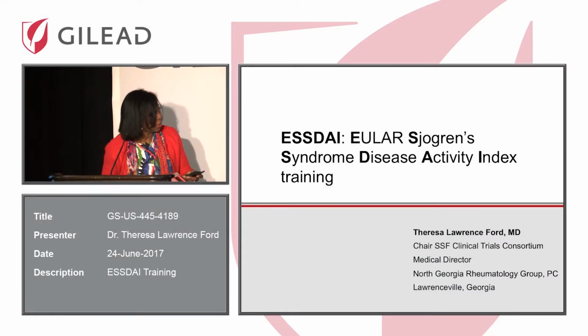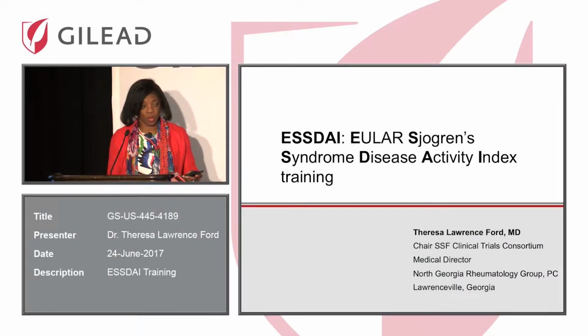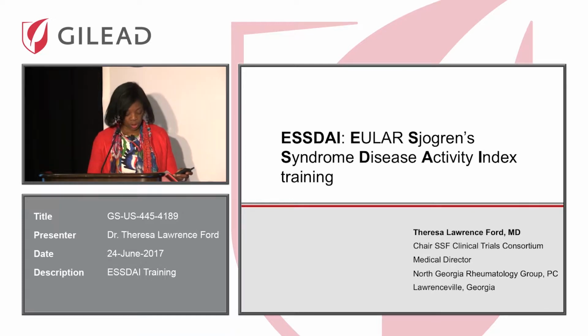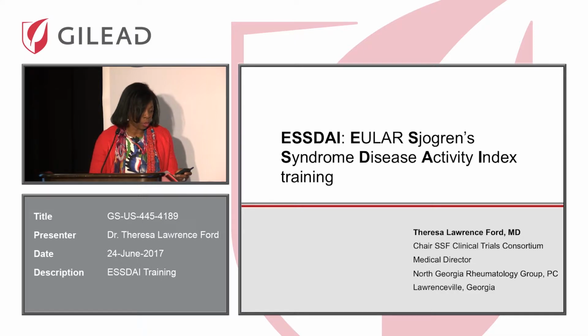Okay, so we're going to do some training with the goals of making sure that we have an accurate and reproducible way to evaluate the patients that we want to include in the clinical trial. So the EULAR Sjogren's Syndrome Disease Activity Index is a mechanism by which we can evaluate systemic activity, and it's